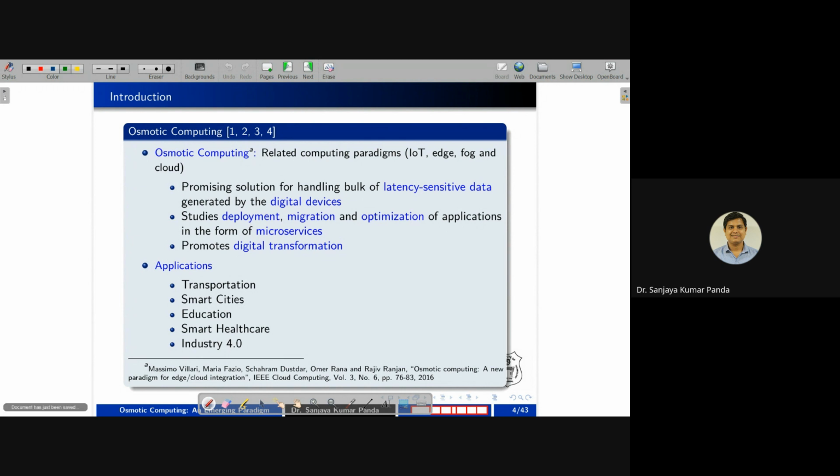So what you can do in osmotic computing, you can deploy the microservices. Suppose there is a microservice you want to deploy, so osmotic computing can help you. If you want to migrate your service from one platform to another platform, osmotic computing can help you. If you want to optimize your application, there also osmotic computing can help. So more or less, it is a microservice based system, right? So if you want to migrate or deploy or optimize or provide a better solution, in that case, you can go